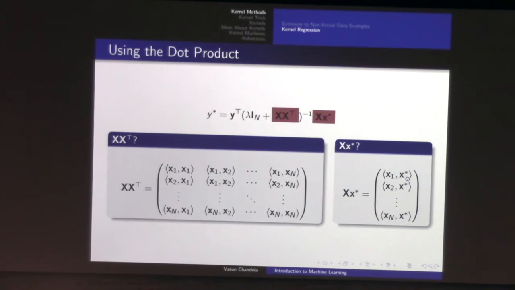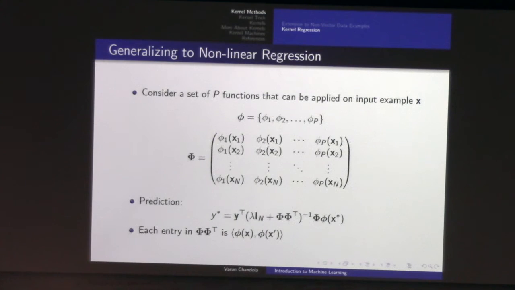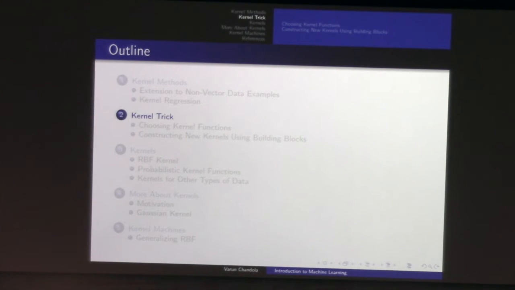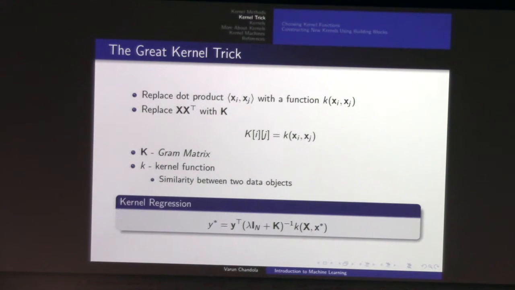So instead of using the explicit vector representation and then doing a dot product, you can come up with a function k which can compute the dot product, which means you can construct this matrix and a vector k, this part,